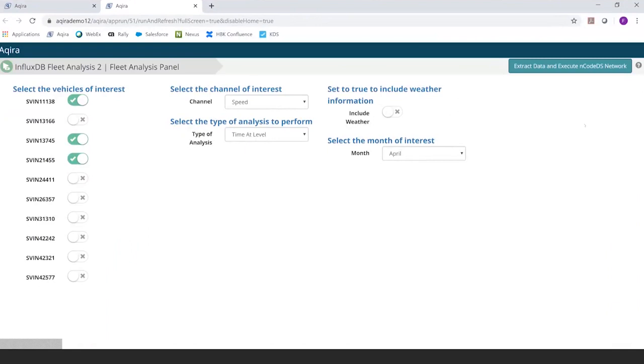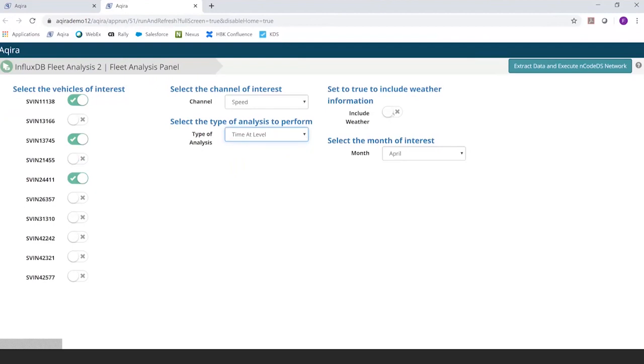So in this database, I have data from 10 vehicles recorded over a year, and I can choose to perform specific analysis on that. So here on the leftmost side, I have the vehicles that I want to, say, extract data for. Let's say that I'm interested in the speed channel, and suppose that I want to perform time at level for the speed channel.